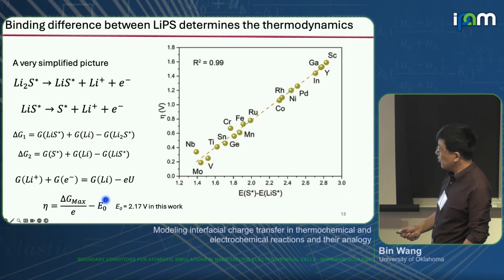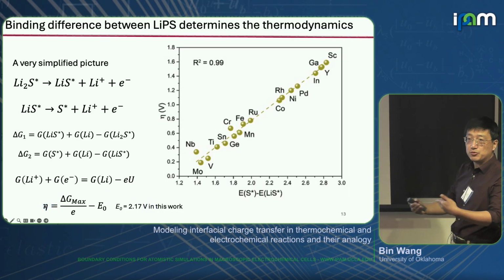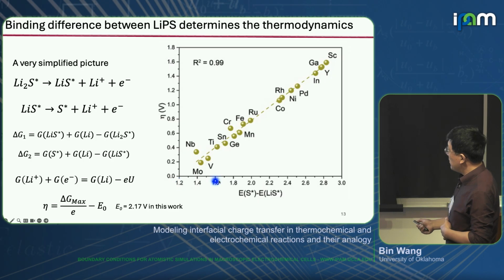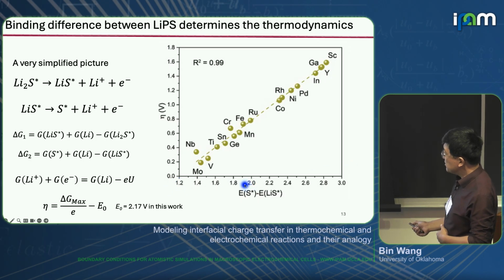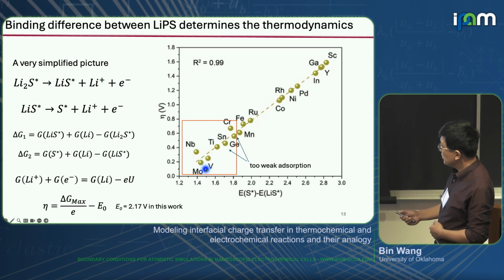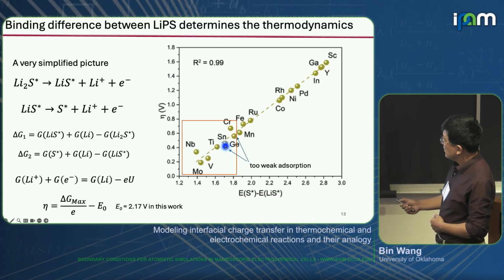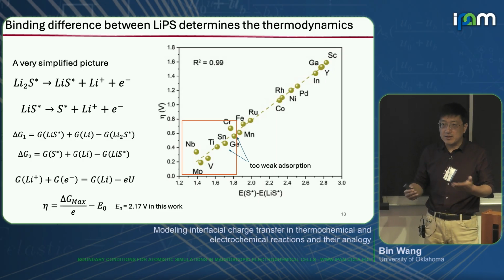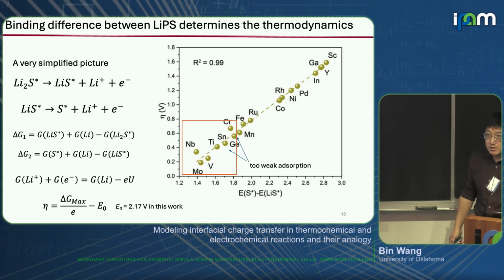And if you reference to the open circuit potential of the lithium-sulfur battery, in this case we're using 2.2 volt, you can get essentially the overall potential, which is how much additional energy you need to drive this reaction. The overall potential is plotted on the y-axis, and here there's some descriptor we identified, which is some relative stability between some surface species, which is not important in this particular talk. We notice there is a group of metals that exhibit lower overall potential, particularly the same metals I just mentioned: molybdenum, vanadium, niobium, titanium. Tin and germanium also do pretty well, but they do not stabilize the polysulfide as well as the other ones, so we exclude tin and germanium in this discussion.